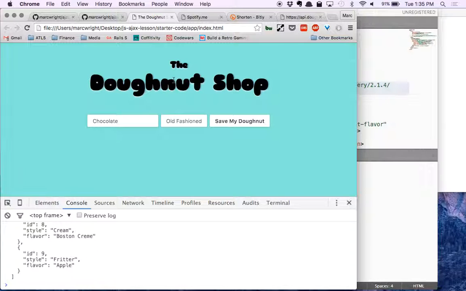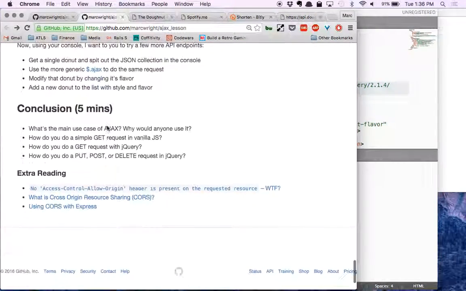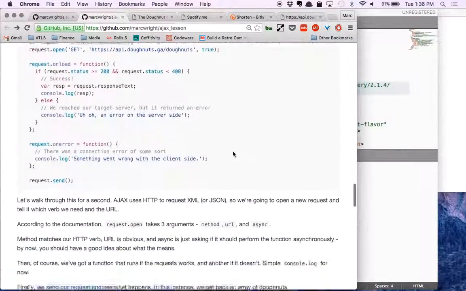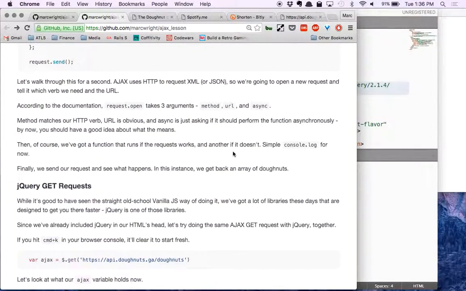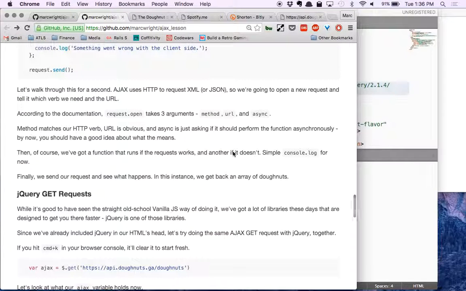So CORS, there are actually some links at the bottom of the lesson if you want to dig a little deeper. I get these quite frequently, particularly when I'm dealing with APIs, and I imagine you guys will as well. CORS stands for Cross-Origin Request Forgery. That's essentially what the error is. Long story short, it's kind of a protective thing. So the interwebs will not let you grab data